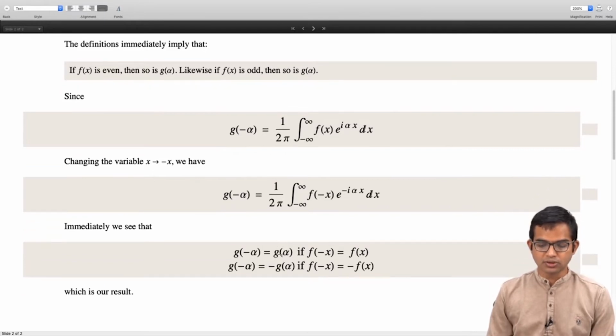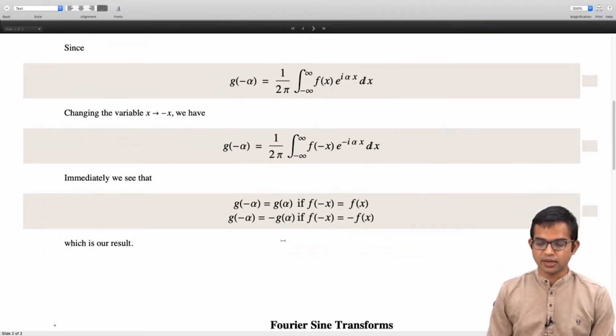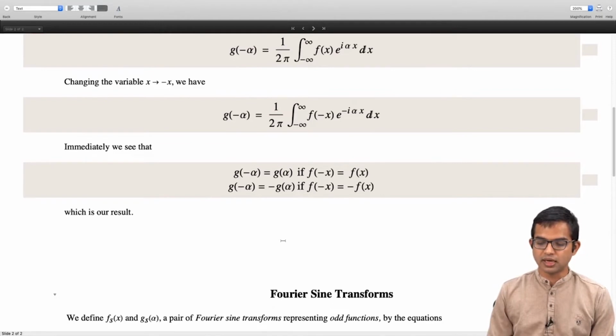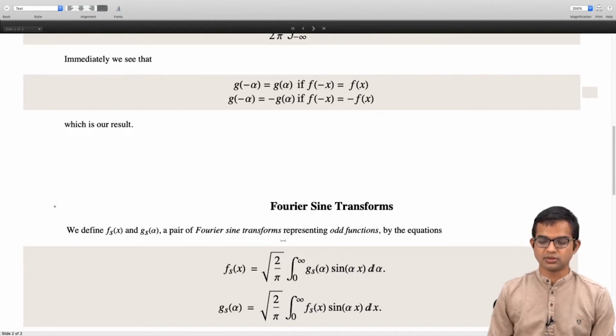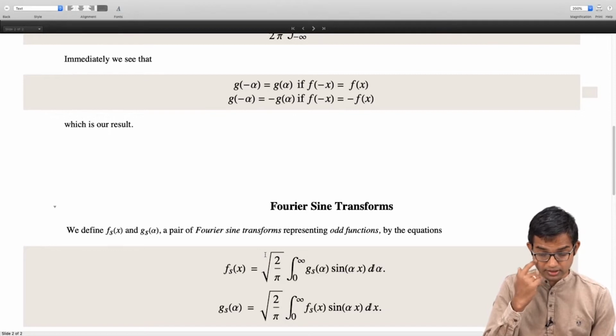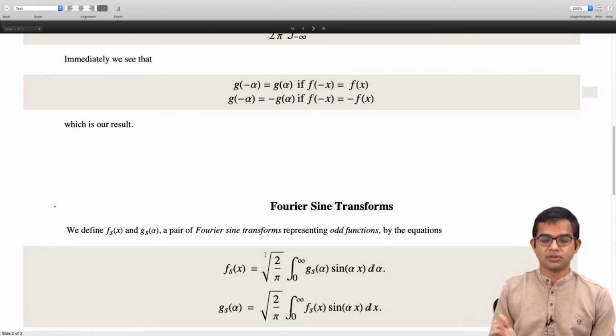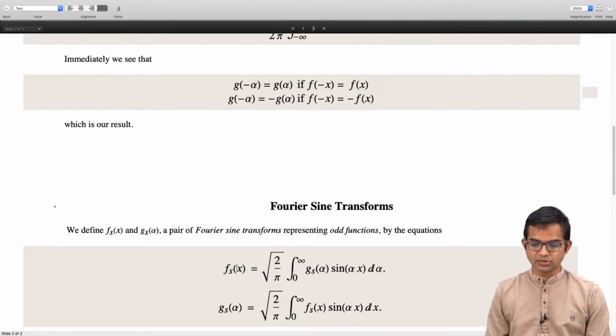So because of this, we can define what is called a Fourier sine transform if you have an odd function, right? We have seen that all the information pertaining to your function is contained in the interval 0 to infinity itself. You don't have to go from minus infinity to infinity, right? Whatever information is available to the right of the origin has full information about all values of x to the left of the origin as well, right? So the definition for